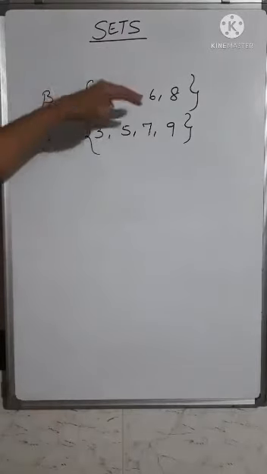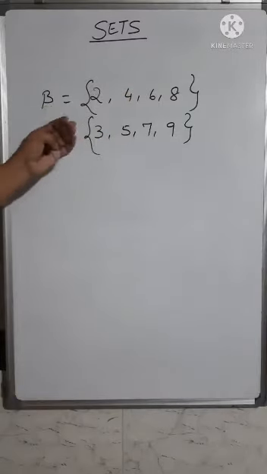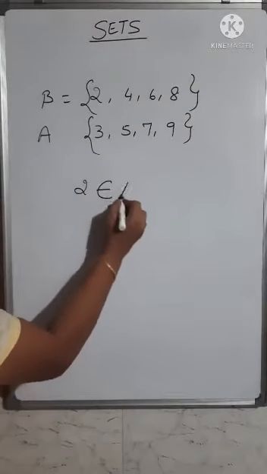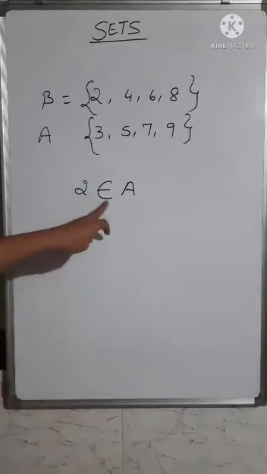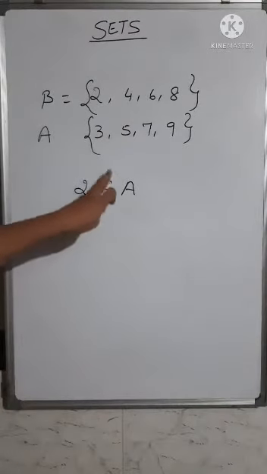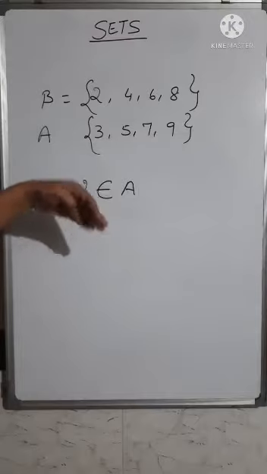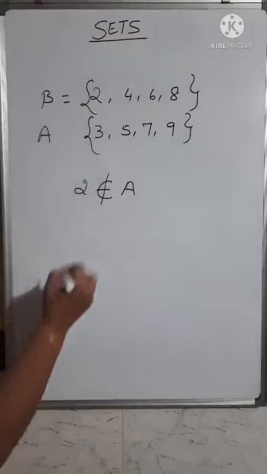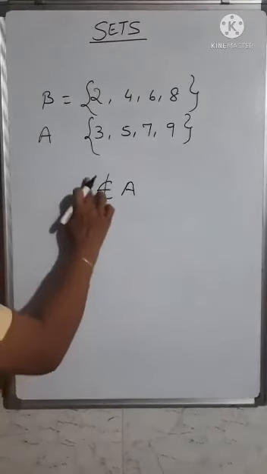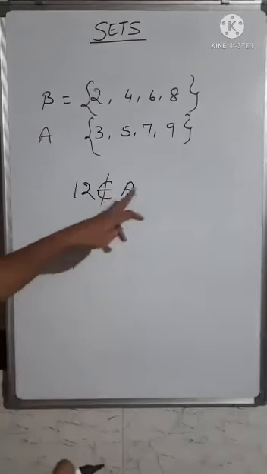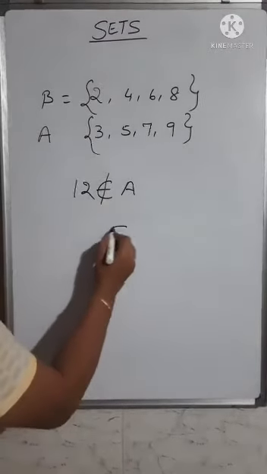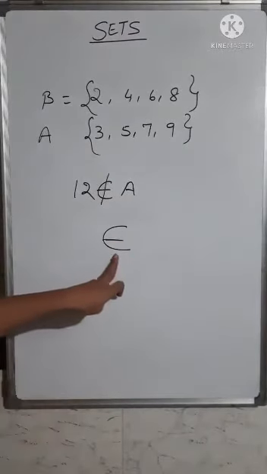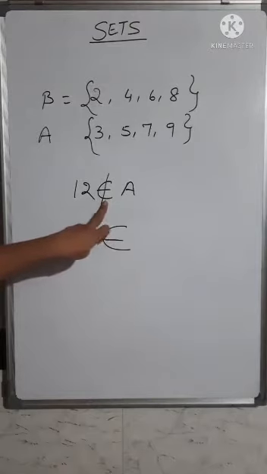Now suppose if you want to tell that these numbers belong to the set, the symbolic notation to represent it is, you can write 2 belongs to set A, and you read it as 2 belongs to set A. This is the symbolic notation to tell that it is belonging to the set. If it is not belonging, then you have to just put a line across that. So you can write that the number 12 does not belong to the set A. Belongs to is just an elongated C, and put a line across it for does not belong to. This is the symbol for belongs to, and this is the symbol for does not belong to.